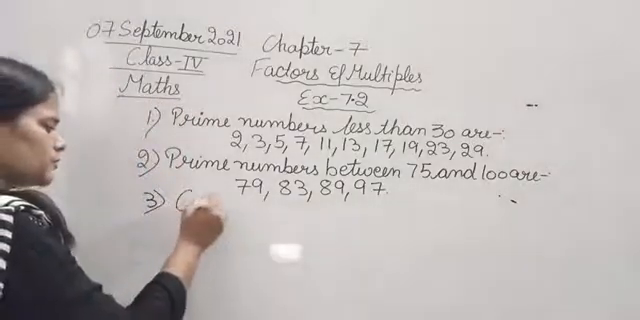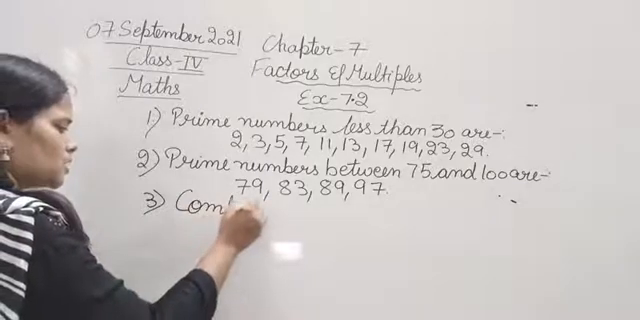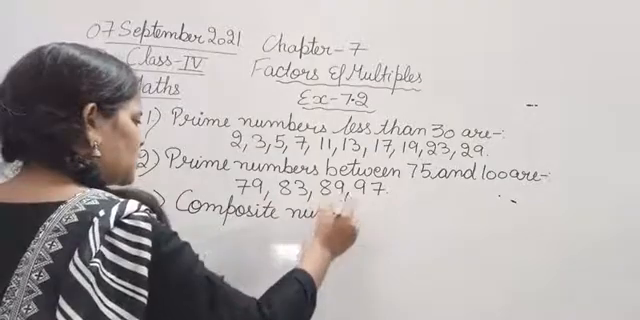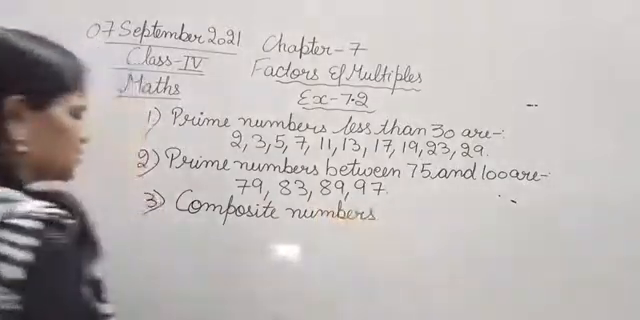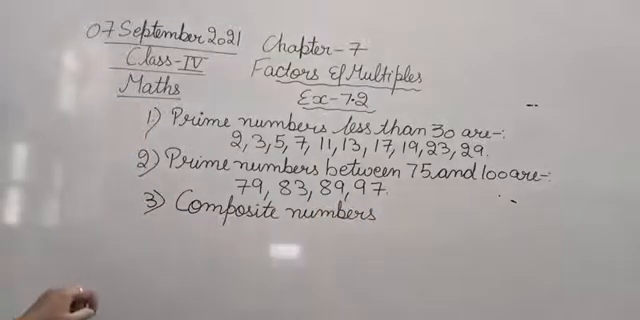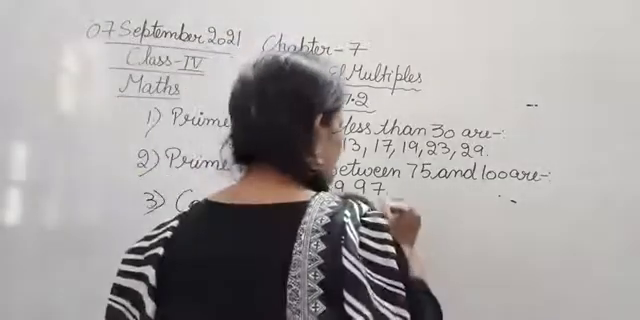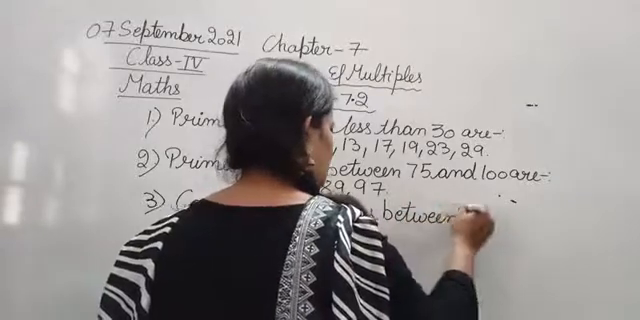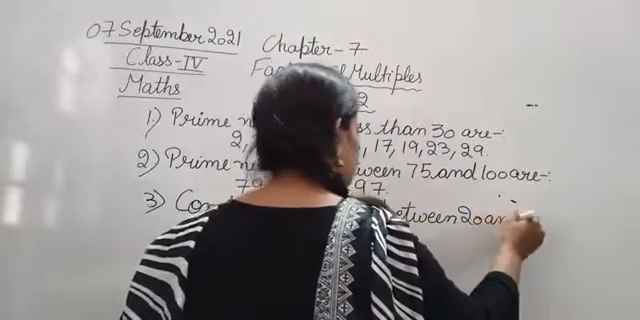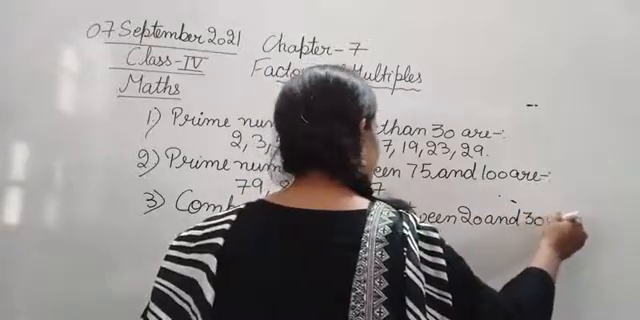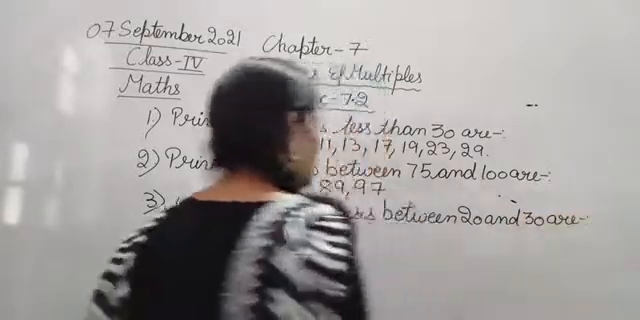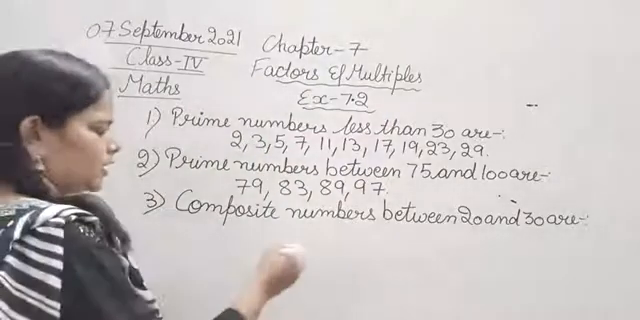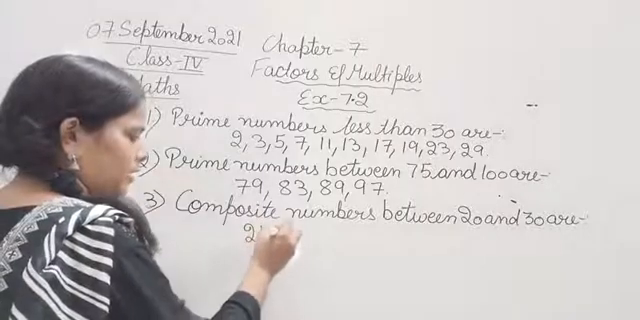composite numbers between 20 and 30 are. Composite numbers between 20 and 30 are, see, after 20, 21 has more than 2 factors, 22